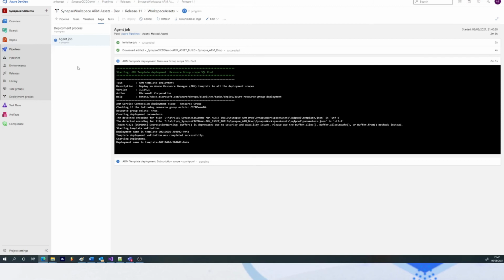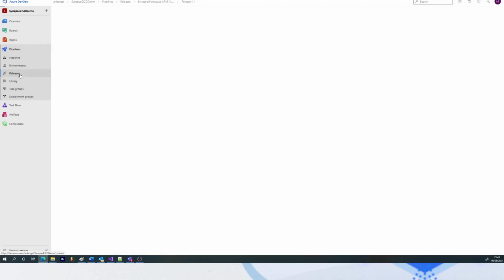In other words, if you as an Azure infrastructure analyst or engineer get a request to create an additional Synapse pool or SQL pool, you obviously don't want to log into the workspace and do all of that stuff. All you want to do is just go into your releases